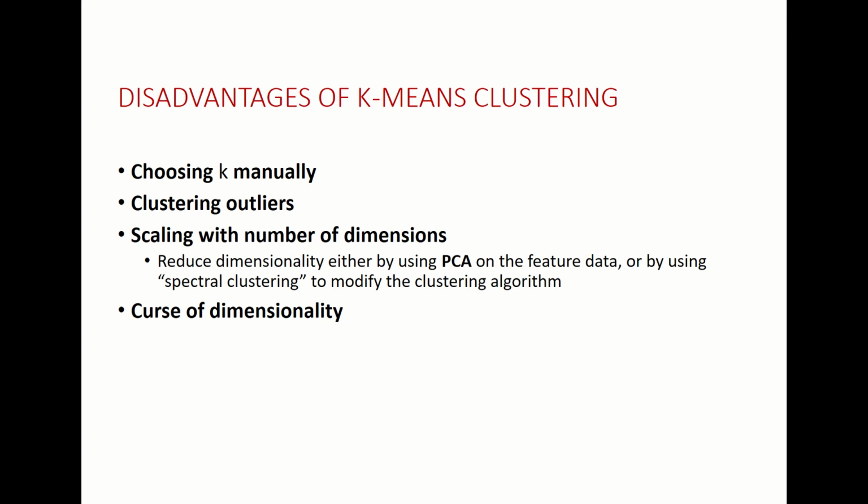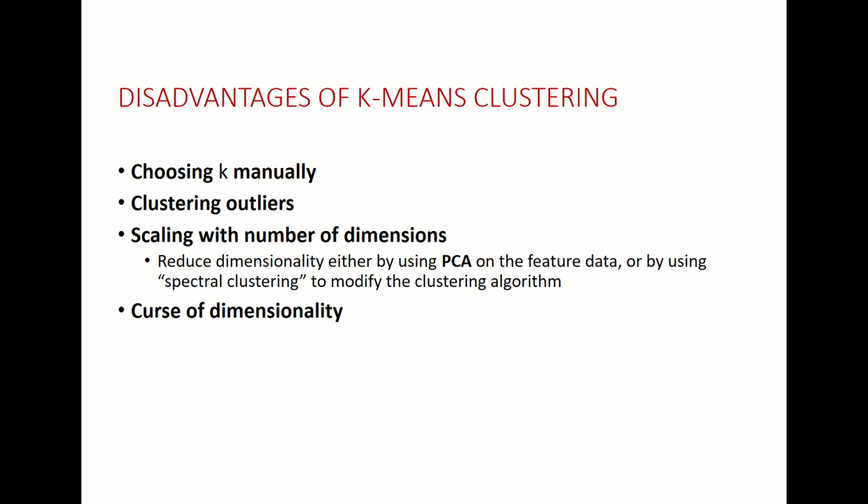So don't try to include them. Instead, you could use clustering for outlier detection, rather than including the outlier in one of the clusters. If you try to include even the outlier in one of the clusters, then automatically there is an overfitting which is happening, which loses the importance of the clusters, and you will end up with sparse data. And scaling with the number of dimensions is very difficult,